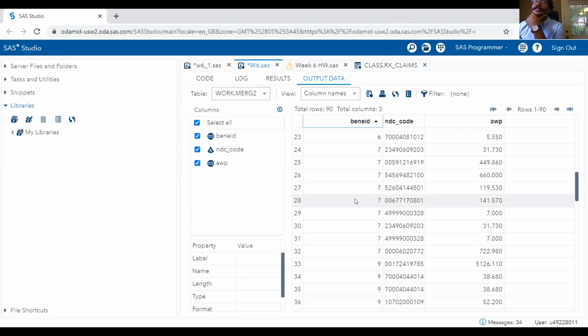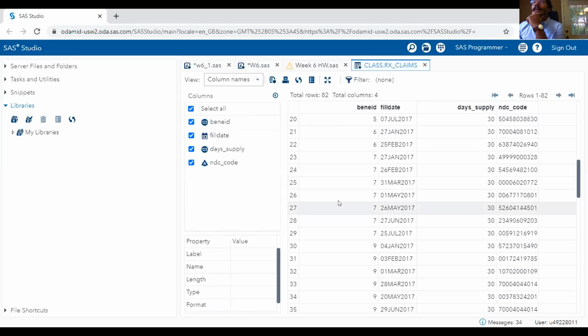So this is a great point, Shashir. I'm glad you brought this up. The reason this is happening is because the NDC underscore FAD 690 file is actually not a distinct file. There is duplication in that file, right? So if you look at our... can you open the RX claims file, the original file? Yeah, sure.